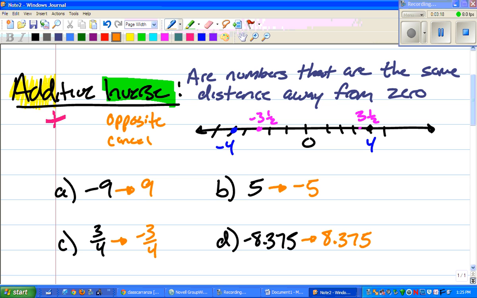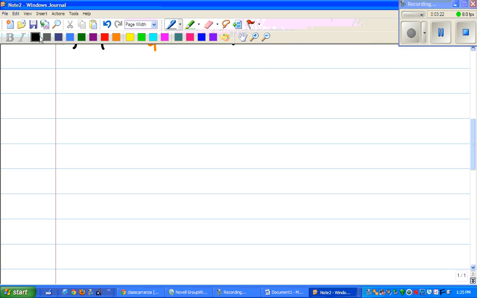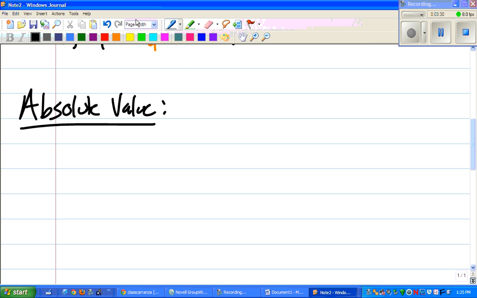Right, let's look at our next word. We talked about absolute value. Now, the absolute value is the distance a number